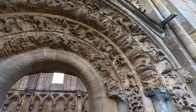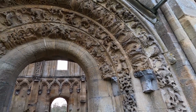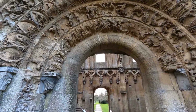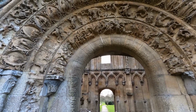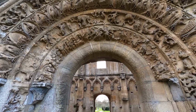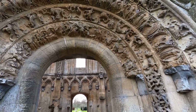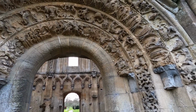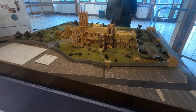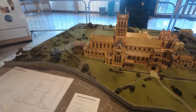Basically, the birth of Jesus, this archway here. Which one's the birth of Jesus? So this lowest archway. It's the lowest one. Oh, okay. Yeah, so you might just be able to see the angel Gabriel right in the middle there, and there's a nativity scene there as well. So that's what that represents, basically the birth of Jesus. I'll have to take your word for that. So they've made a replica of what they think it would have looked like,